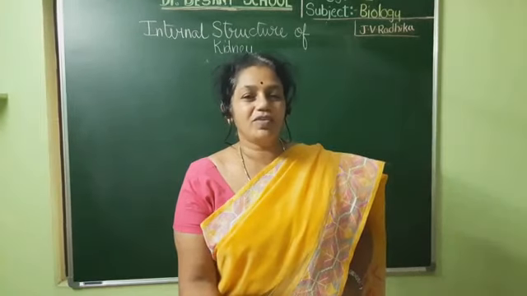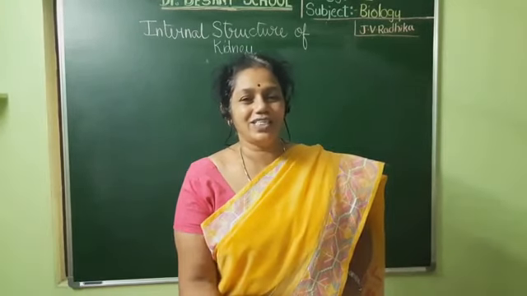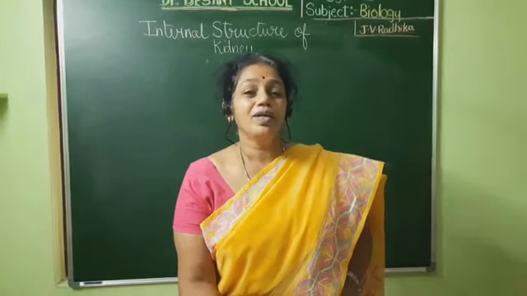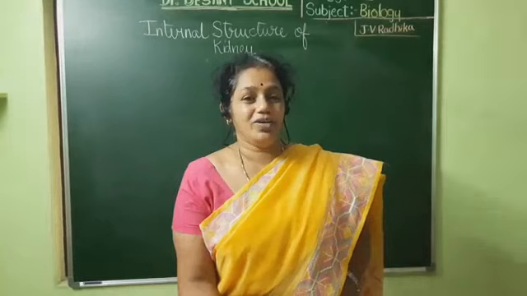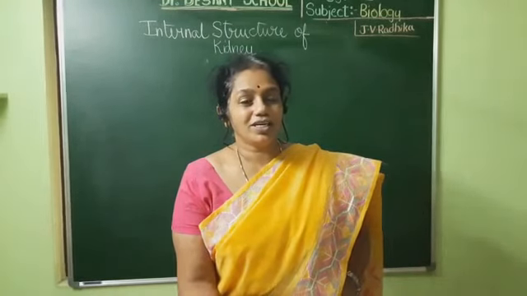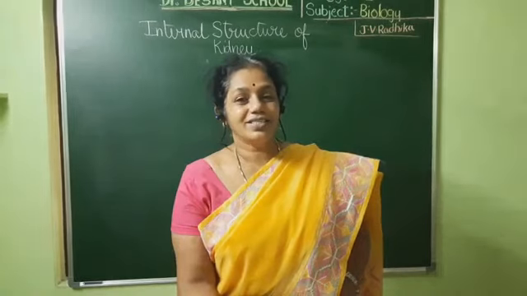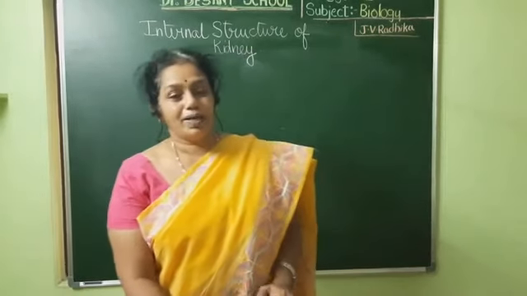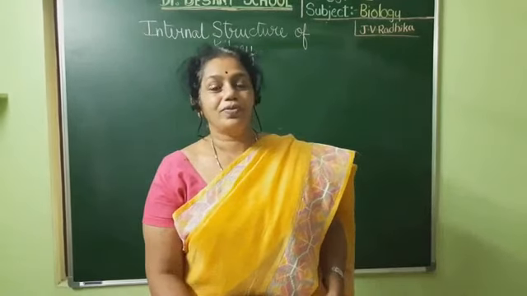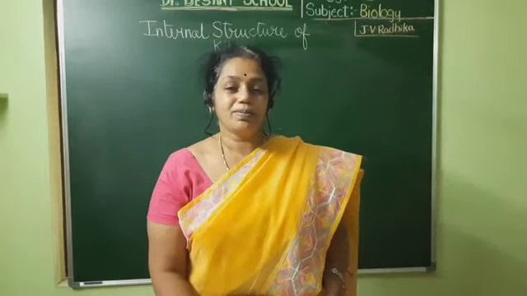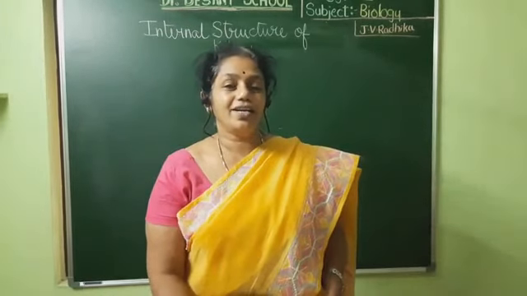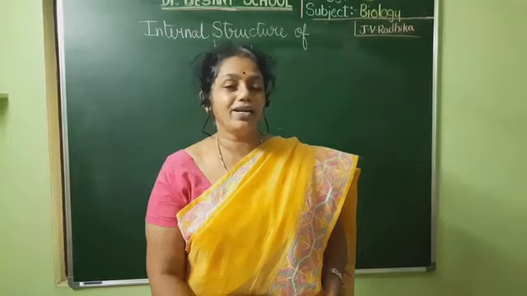As part of that, we have already started our fourth lesson in biology. In the previous video, I had explained about the urinary system. What are the different parts of the urinary system in human beings? Can you recollect? Yes, they are a pair of kidneys, a pair of ureters, then urinary bladder, renal artery, renal vein, and urethra.